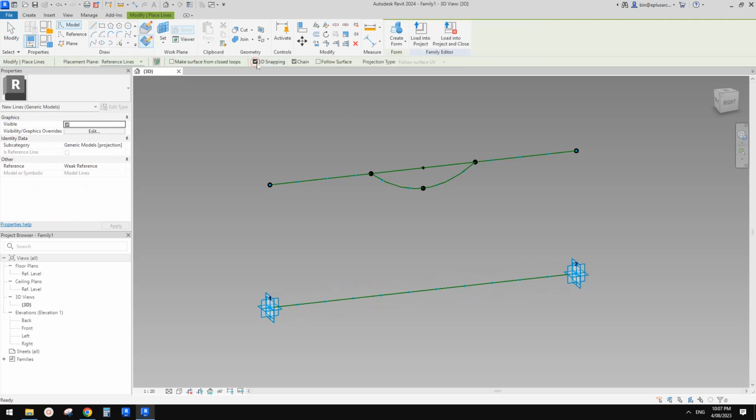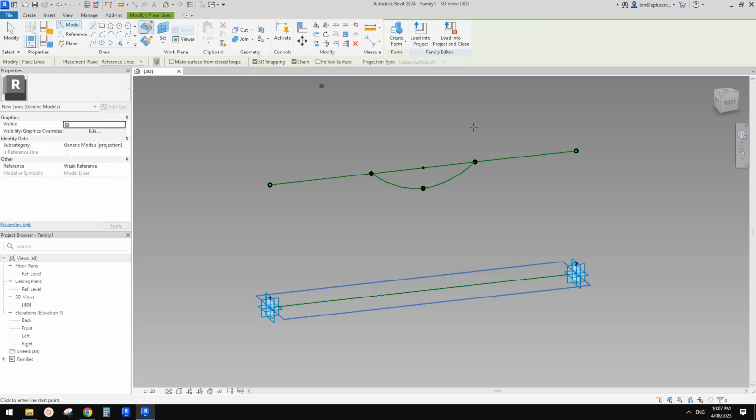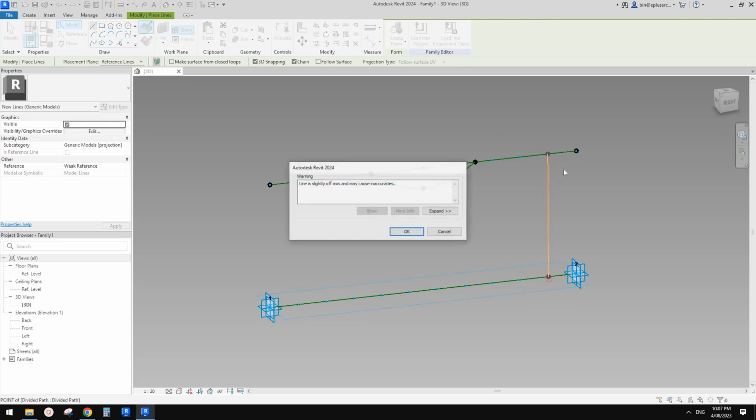So maybe 3D snapping, it doesn't work. Maybe we need to use a draw on face. Maybe we don't need 3D snapping. Draw on face doesn't work. Maybe we need 3D snapping. Yeah, it works. So you can do it this way. Okay, and